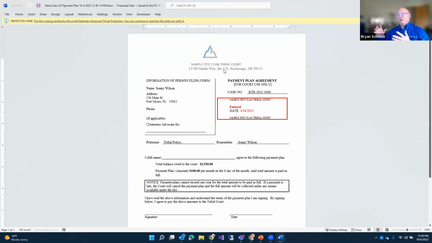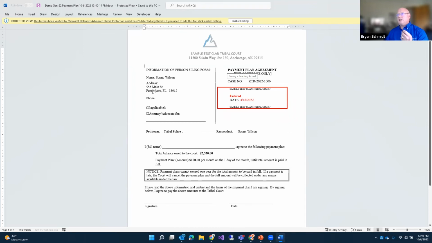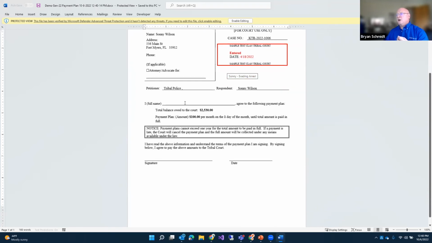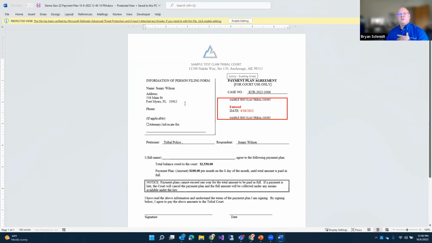And then once we set these up and configure them to automatically load the information such as the case number, the dates, who is the petitioner, who's the respondent, the amounts, I can have their current address. So I can default all this information from the case record and print and then get this into a Word format.